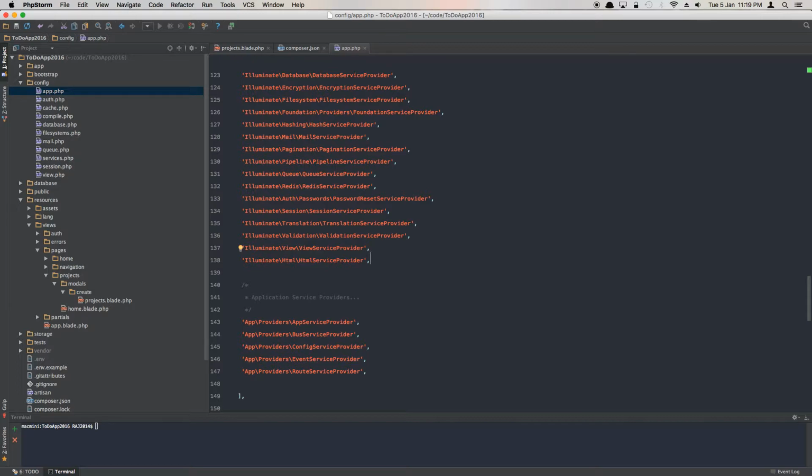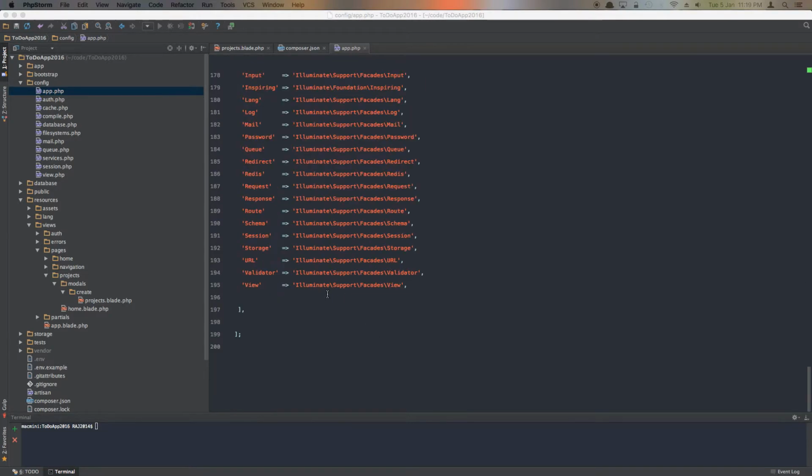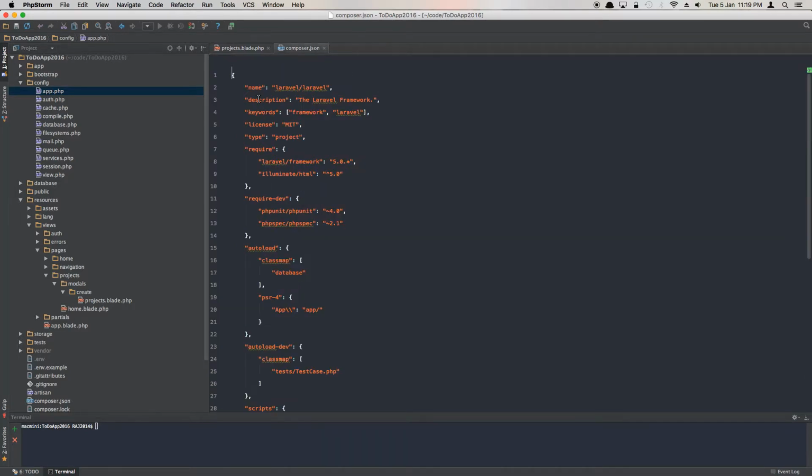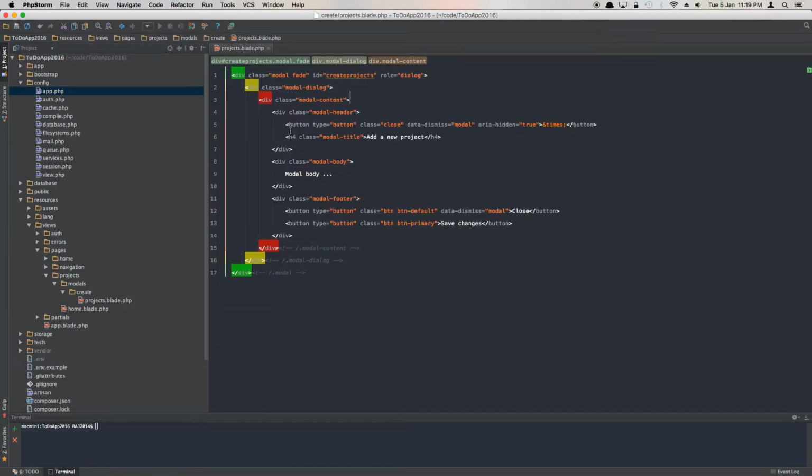And then we're going to provide a facade, and we'll be using the HTML facade and the form facade. So we can just give an alias here, the HTML facade and the form facade, and that way we can register our service provider. Once we do that, we can access the form facade. And now how to use this is basically you call